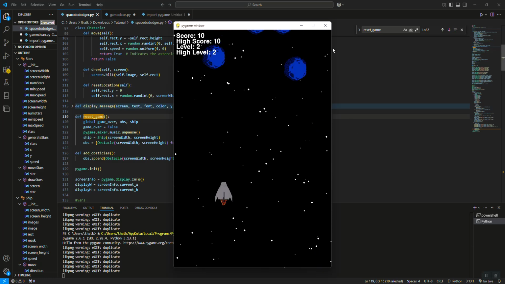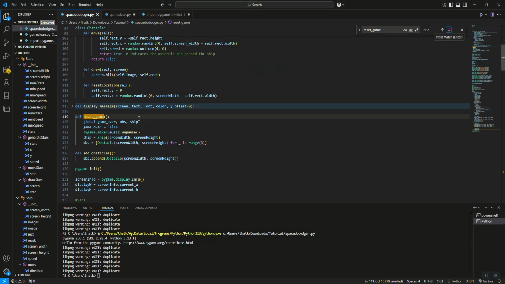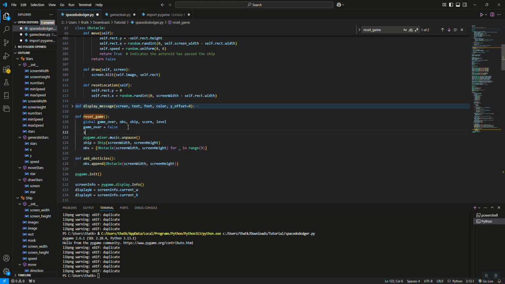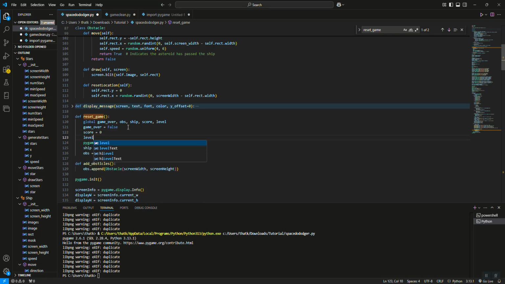So it's not resetting. So what we need to do is in our reset, we need to add score as a global. And we need to add level as a global. And then we're just going to jump in here and we are going to set score back to 0. We're going to set level back to 0. And now when we run it,